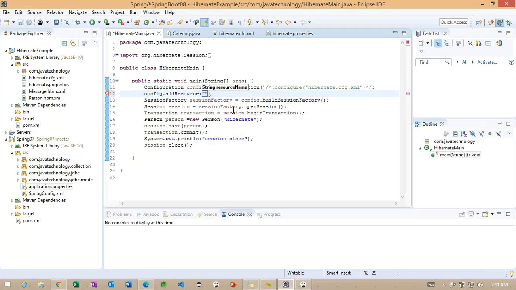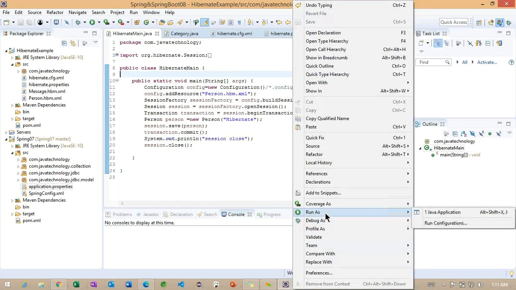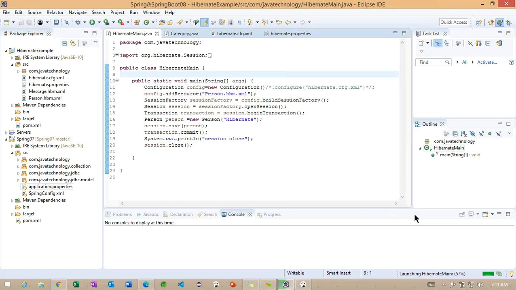Here, what I am doing is person.hbm.xml. Getting the point. Now let's focus on the same example.